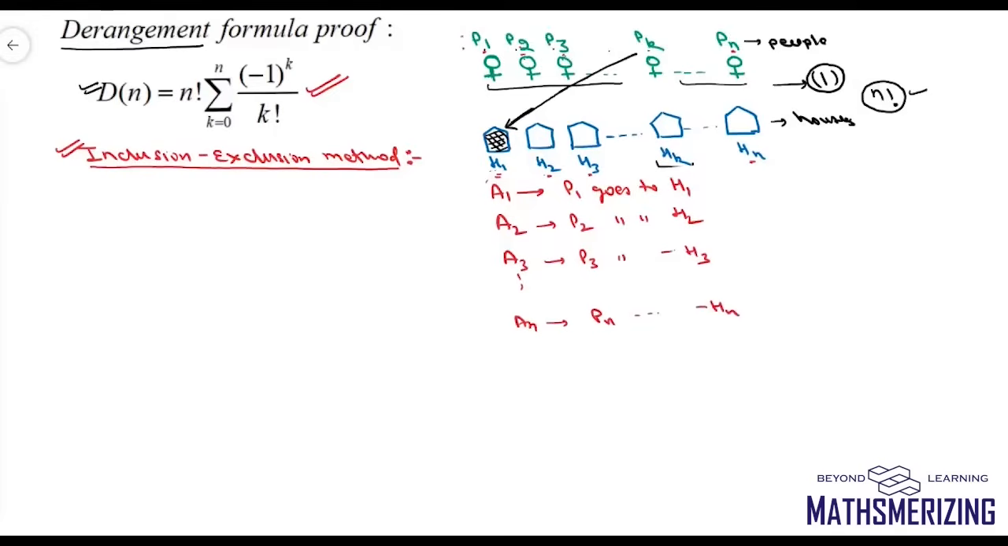Now I need to work out the total number of ways in which these people can be assigned these houses so that no person goes to his or her own house. So I need to find Dn. In order to find the derangements of these n people, I'll take the total number of arrangements